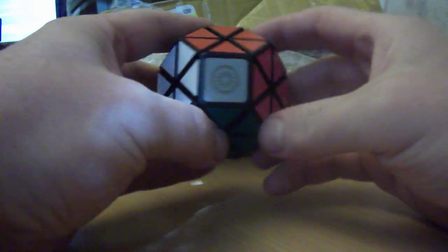Alright, so this is a Dayan, what is it? It's not the gem, it's Jewel, Dayan Jewel. I'm not too sure how this turns or anything. I haven't actually seen anything about this. I just thought it looked interesting. Oh, I see. So it's a